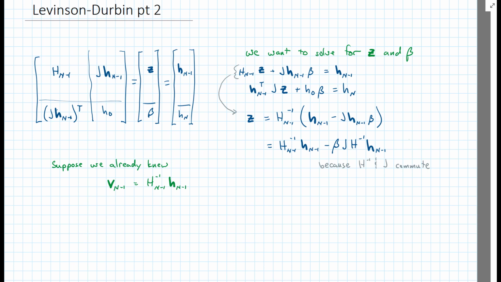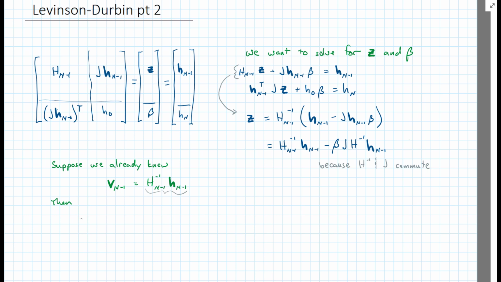So in other words, we've just given it a name, but we're saying, what happens if we already know this? It shows up in a few places. Then we would have,